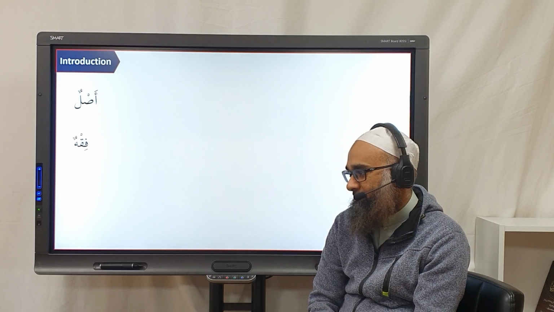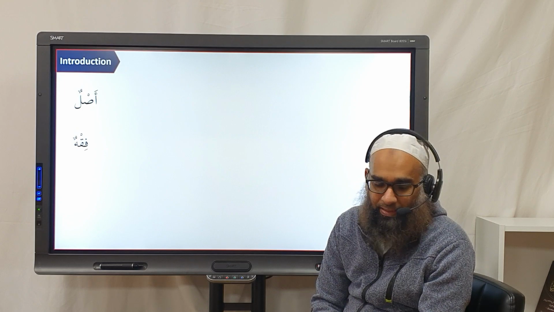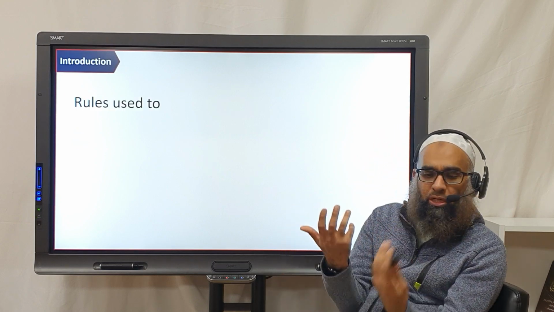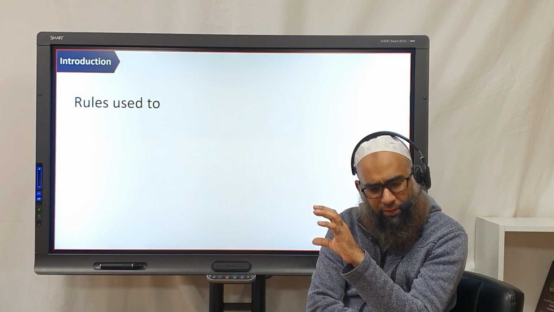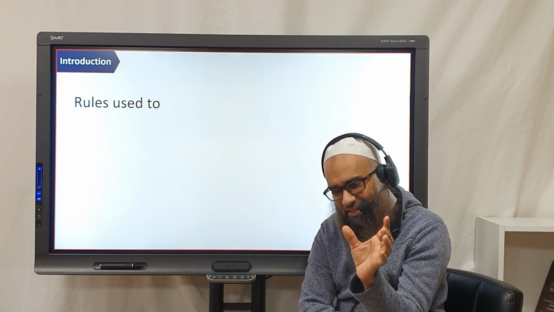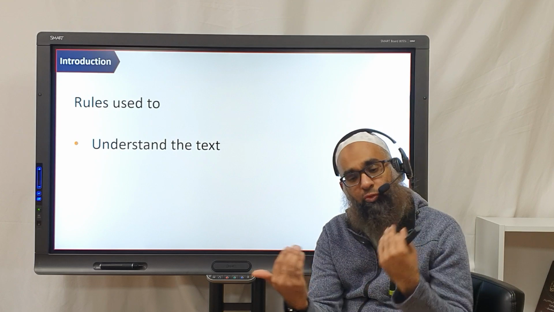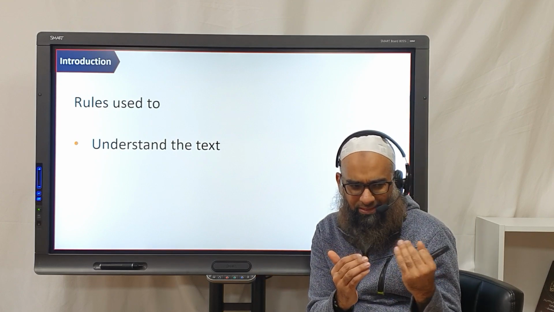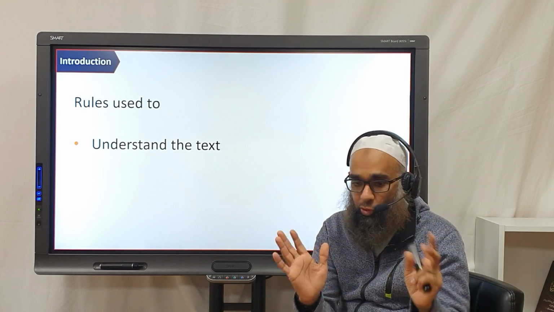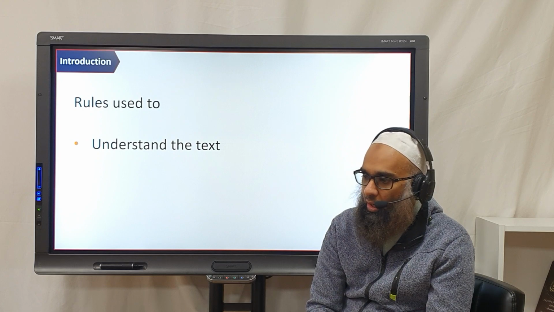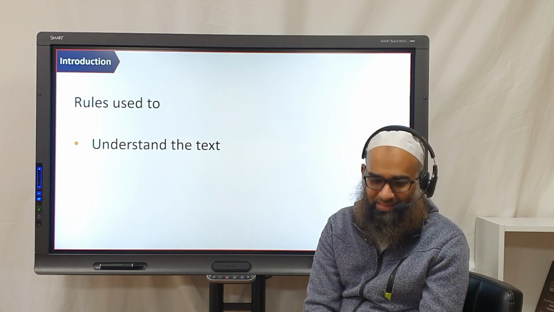And then the word fiqh, we all know what fiqh is, what we said in Quduri, rules and things. So what happens in this science is we learn about certain rules, certain methodologies, certain principles, certain qawaid, that the fuqaha use, number one, to understand the text. You have two verses, and they seem slightly contradictory, and they say, no, it's not contradictory. If you understand it in this way, there's no contradiction. Which one do we give preference to? So these are some rules and principles by which we understand the text.